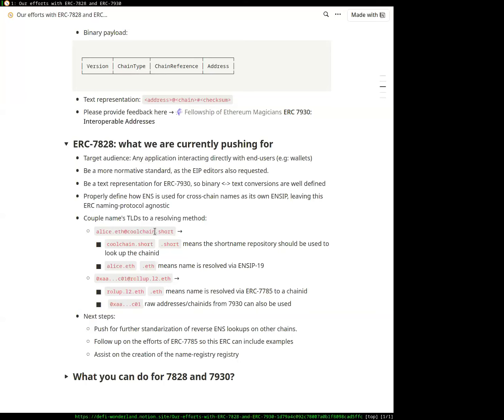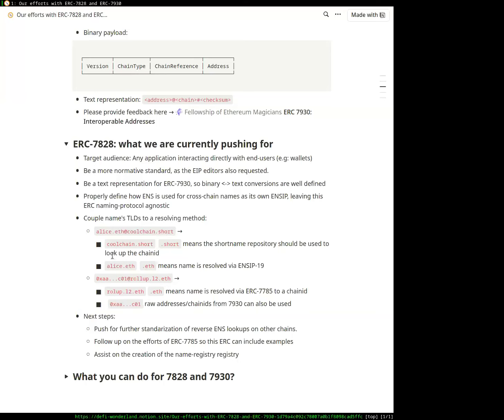The idea with this is basically to create an indirection level. Currently we have a centralized registry of chain names, like a mapping from chain names to chain IDs. And instead of maintaining that, in the future we would maintain a list of protocols to name chains and to name addresses on those chains, which would hopefully be a much shorter list. And the way you know which one to use is by this top level domain.